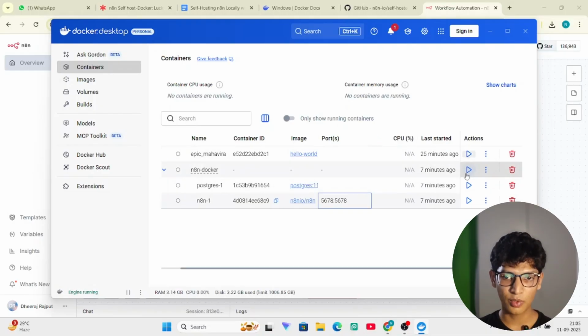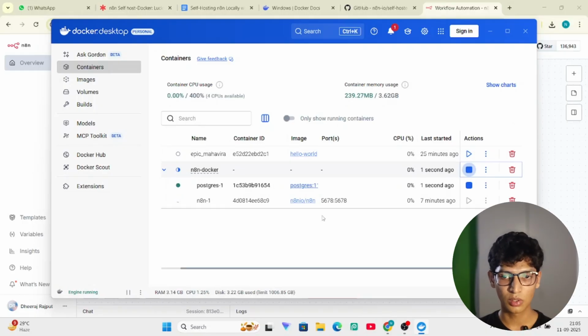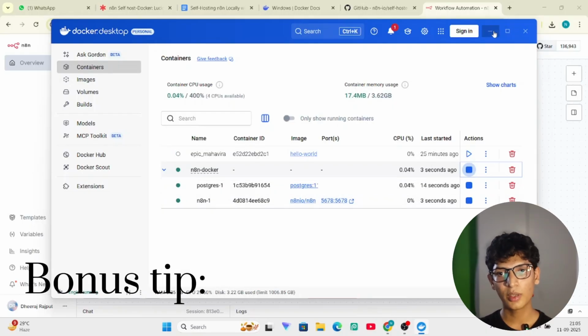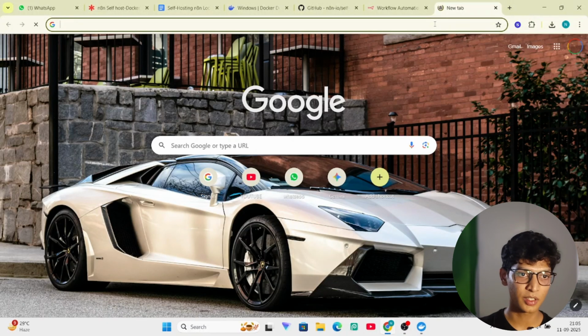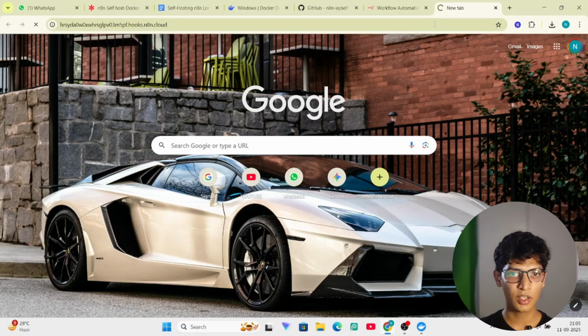And let me just show you one last time using that webhook URL which we copied. So let us just start our containers. See, now our containers are started, but I won't open it using this localhost port. What I'll do is open a new tab and paste the URL which we copied. See, this was the URL given to us. When I click on it,